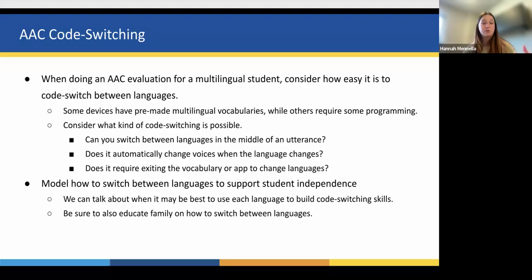But we can talk with students about those kinds of metalinguistic skills, about when we use each language, who understands what language, and when we need to switch back and forth. That is also a great thing to educate the family on when we're doing that family device education. Show them how they can help the student switch between languages if the student's not independent in that yet.